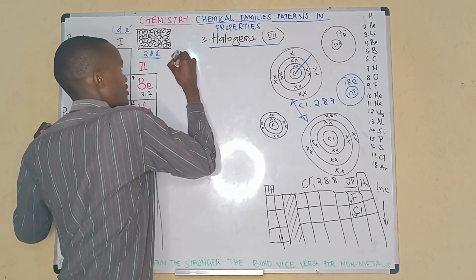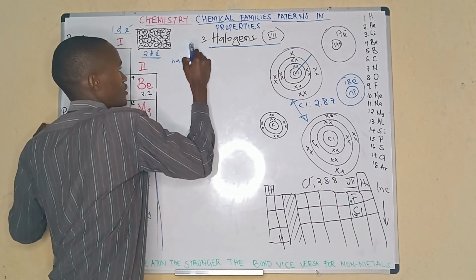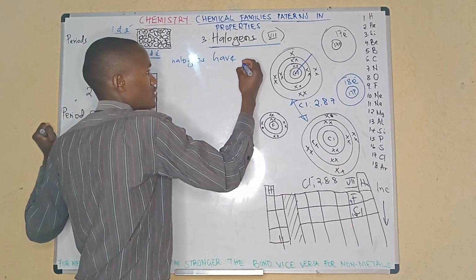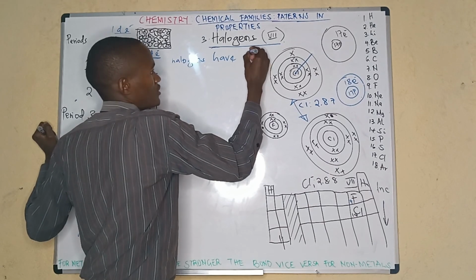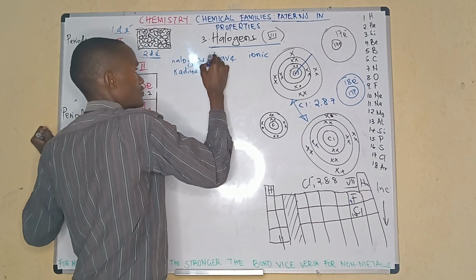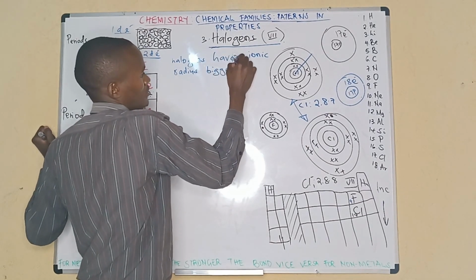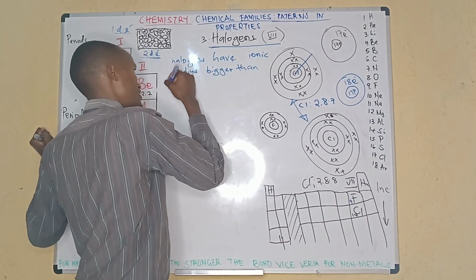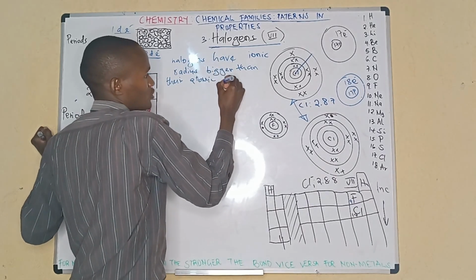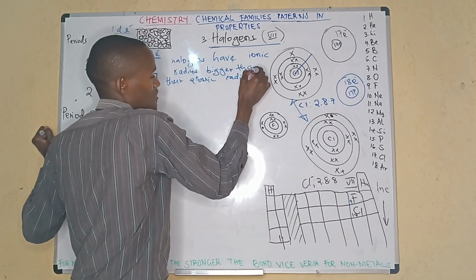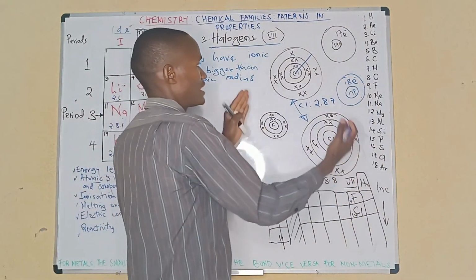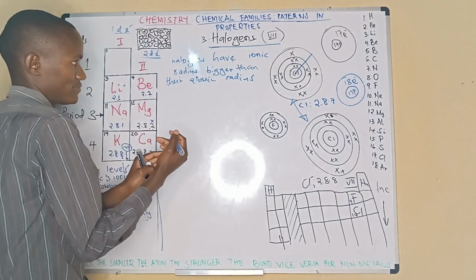So you say that halogens have ionic radius bigger than the atomic radius. Yes, that is the statement. We have just stated it. Halogens have ionic radius bigger than the atomic radius